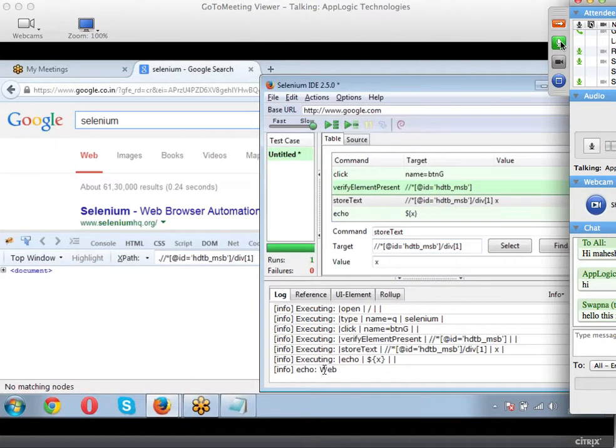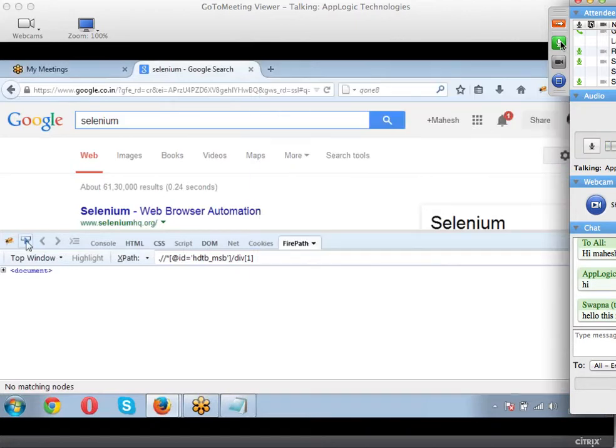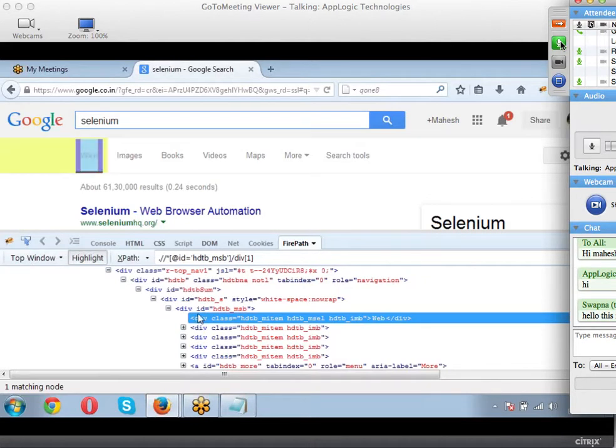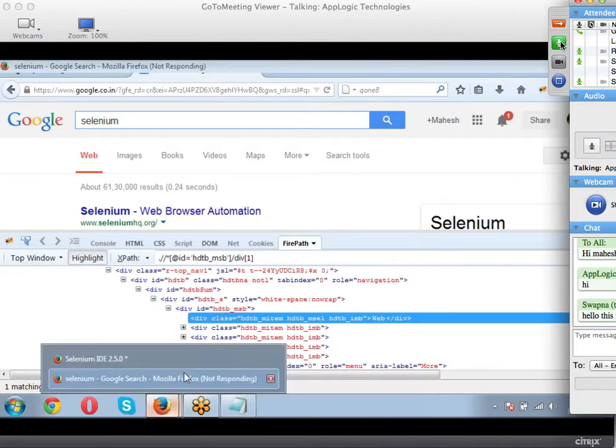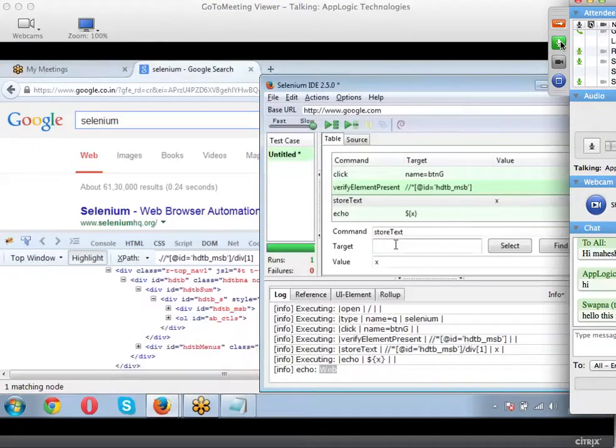Did you get web here? Only a single element. Now this is with XPath. Now instead of using this XPath, maybe I don't know XPath and don't have any other property. Just now we saw when we did a firebug on my element called web, it is giving me some IDs. For the entire objects, I have an ID called HTTP MSP. But if I want it for a single element, instead of writing XPath, I will say link is equal to web, directly the name of the link as is.